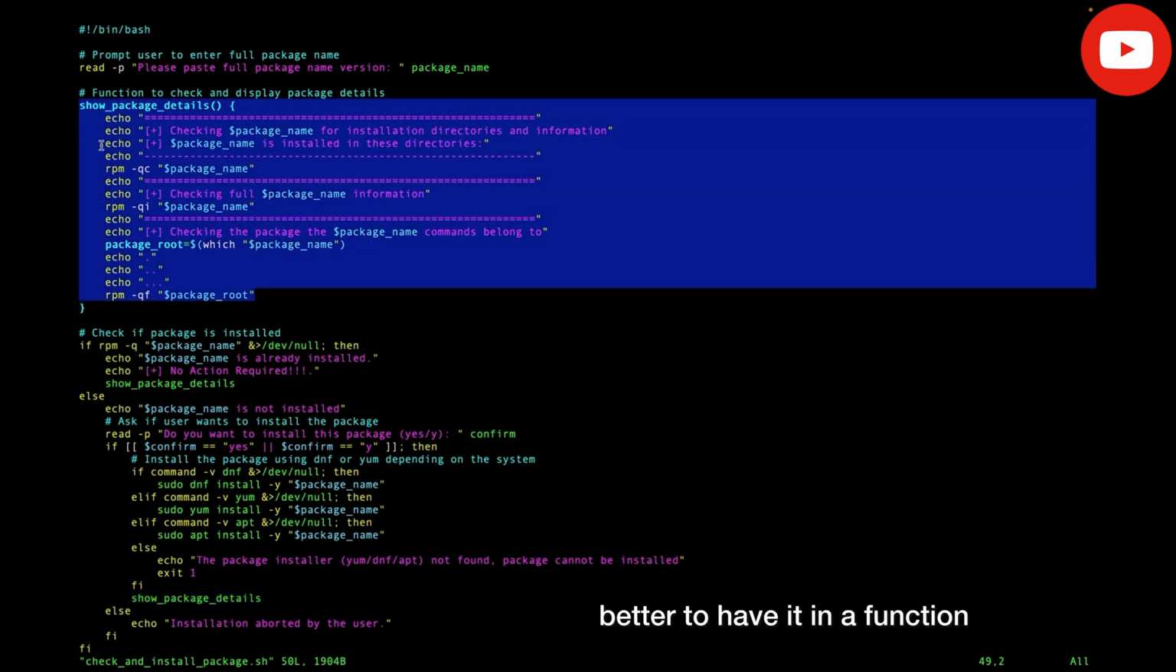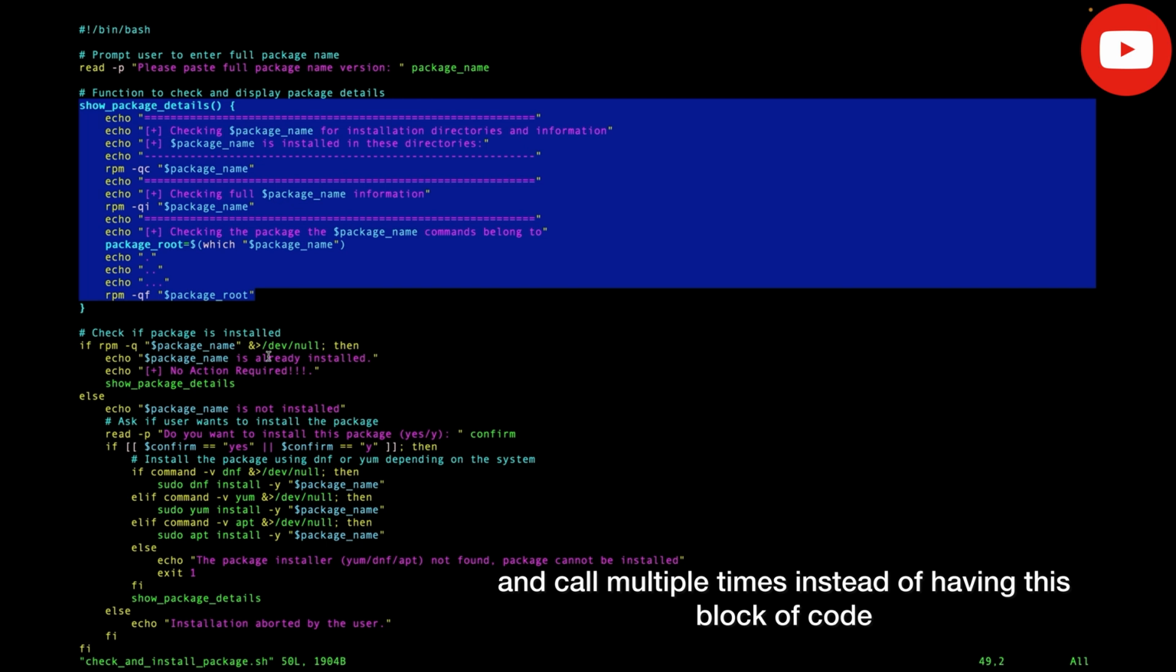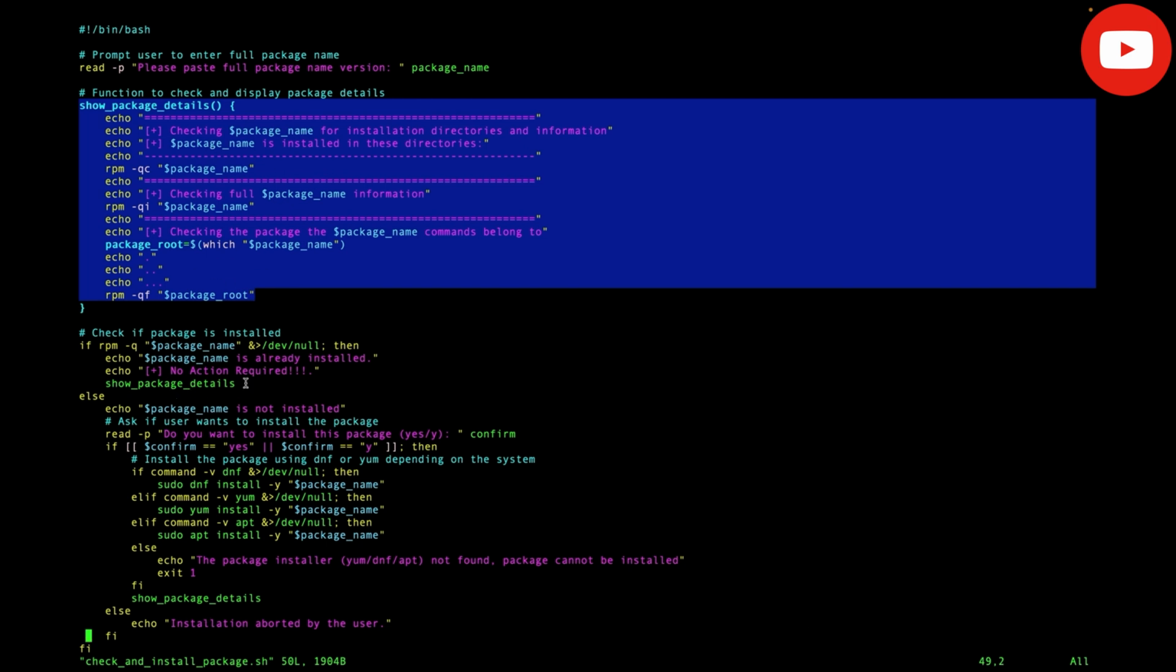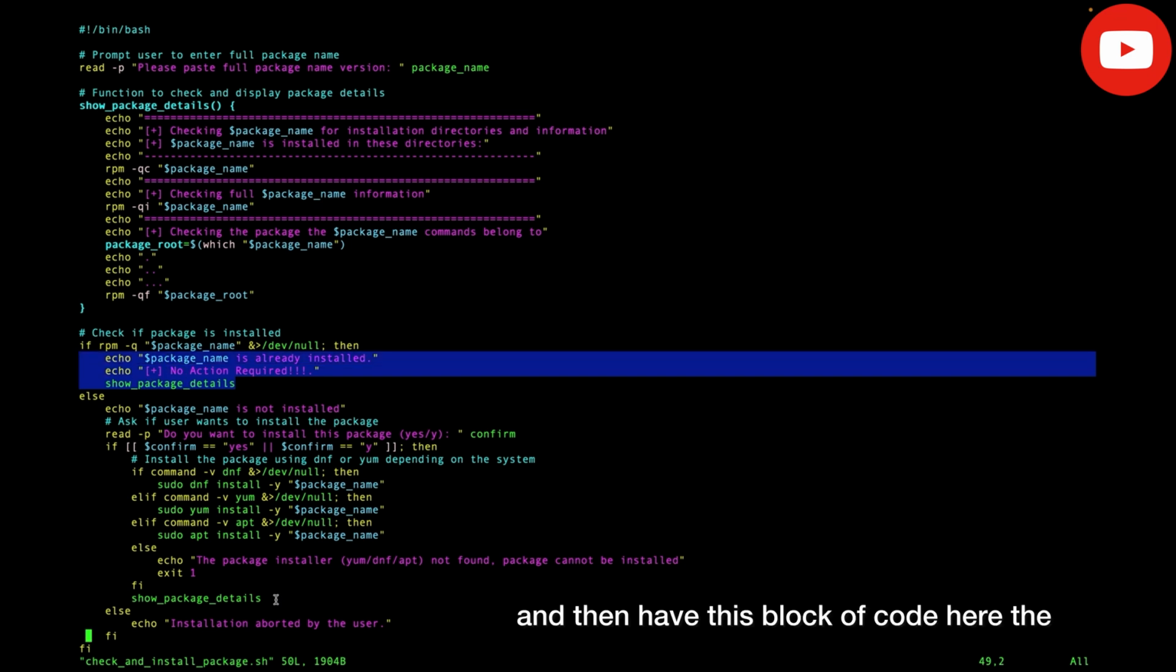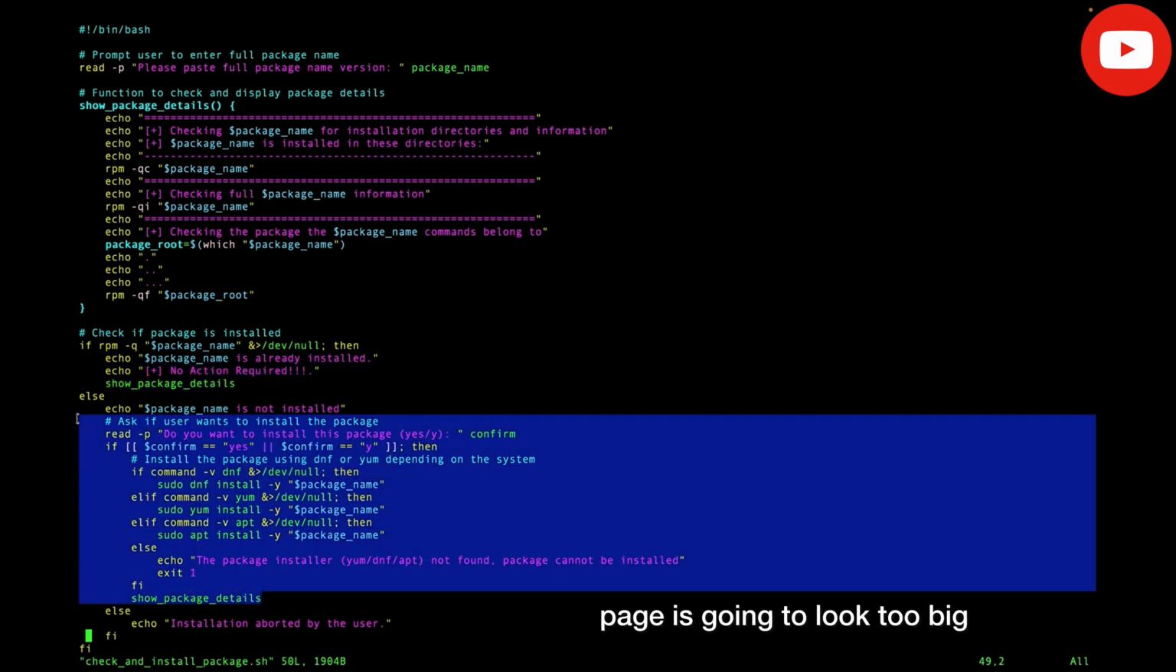It's better to have it in a function and call it multiple times instead of having this block of code here and then have this block of code here. The page is going to look too big and too ugly, right? Anyway, so